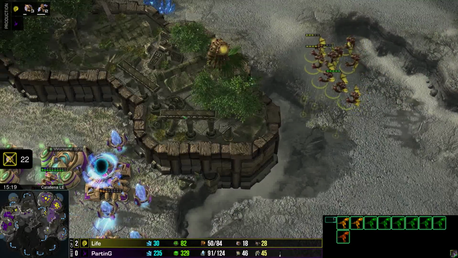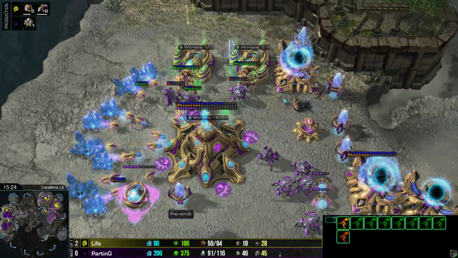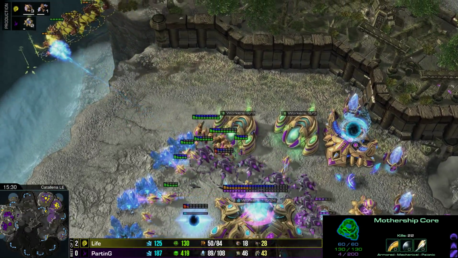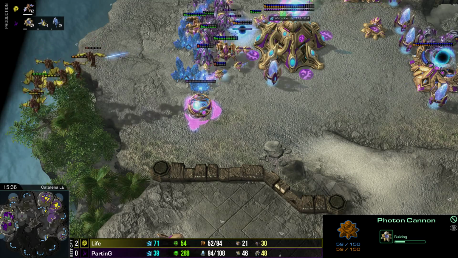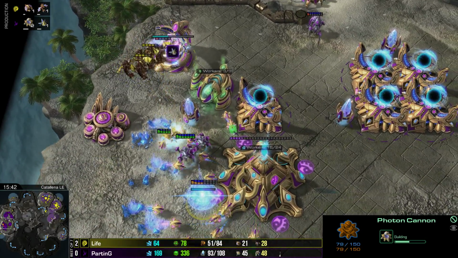He needs to do something with these Mutalisks, but it's just not gonna happen. He's even got a Photon Overcharge available after that recall. And there we go, that Photon Overcharge coming up on that Nexus. Now Parting's starting to get some defensive structures as well. As I said, he can't afford this because he's so far ahead in the economy and in the army as